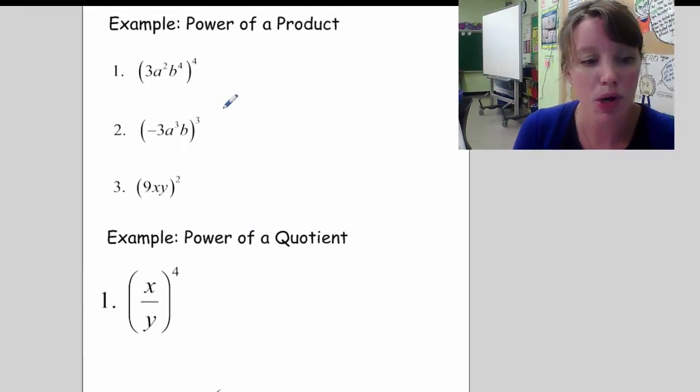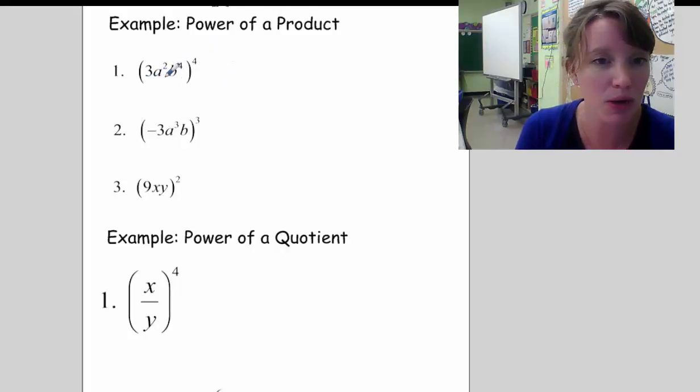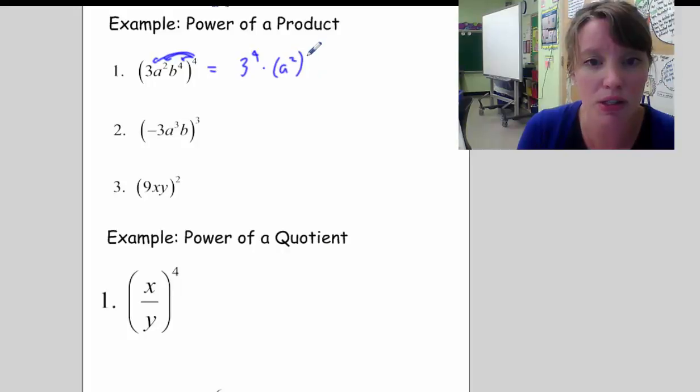Okay, let's do the power of a product rule. Inside here we have a monomial, 3 times a squared times b to the 4th. We're going to take that 4 and apply it to all of the parts of the monomial. So here we have 3 to the 4th times a squared to the 4th times b to the 4th raised